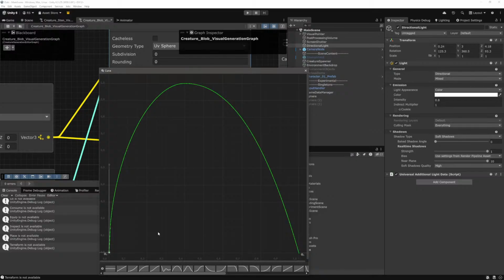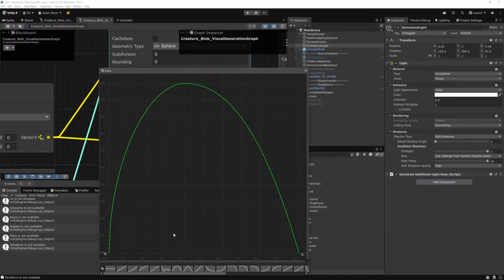Like the first rule would probably be number of key points or keys, and so that's one. So for instance, when we do a random curve, we can make this random curve have between 2 and 4